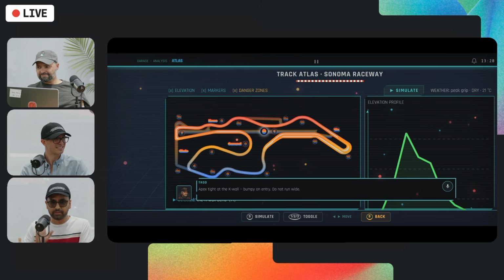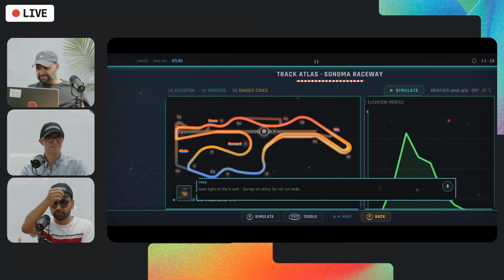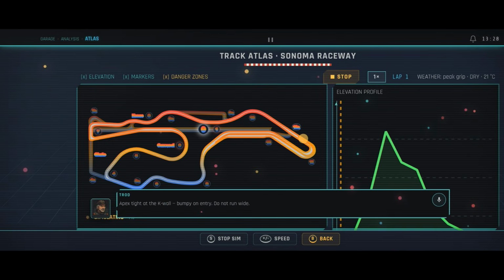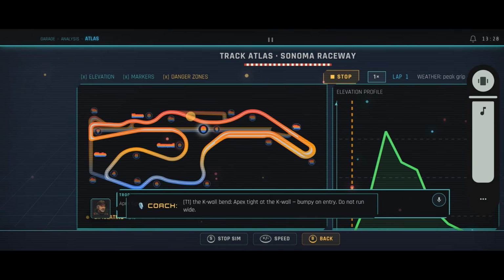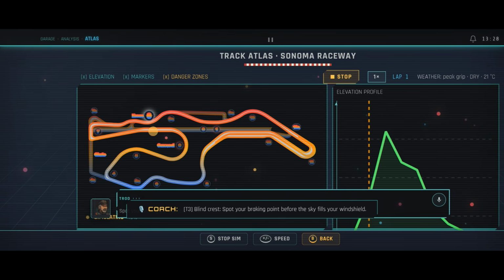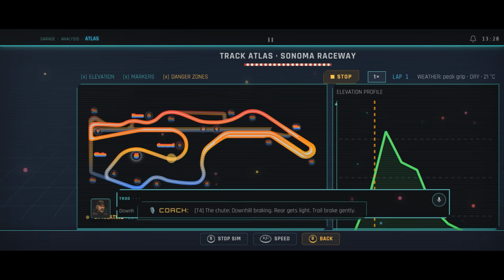So there's a lot of fun there. But here we are simulating, and I'm going to hit the simulation button. What's going to happen here is you will see the car running on the track. The track that you're seeing on the screen is the actual racetrack that we will be at this weekend. I'm going to hit simulate, and hopefully you should be able to hear the coach speaking. If the audio's up, you should be able to hear that. And you can also see on the screen what the coach is saying.